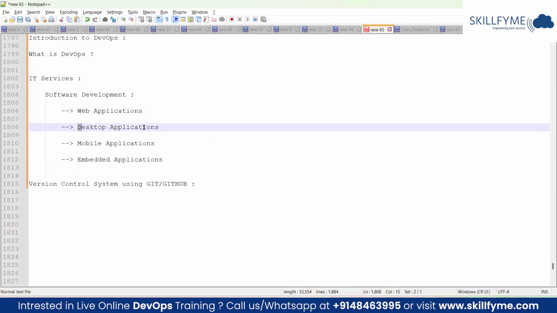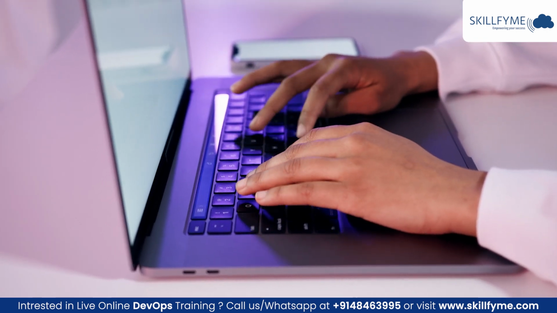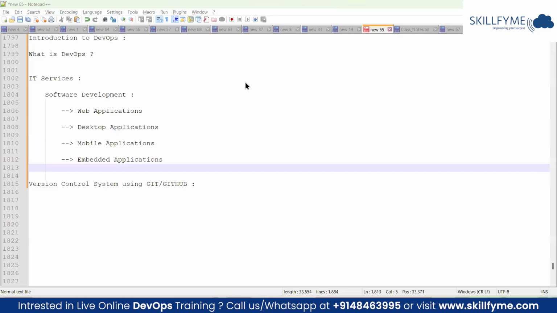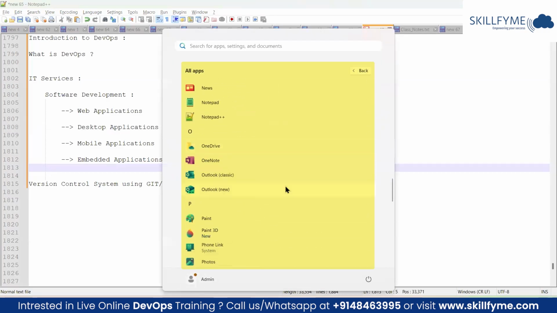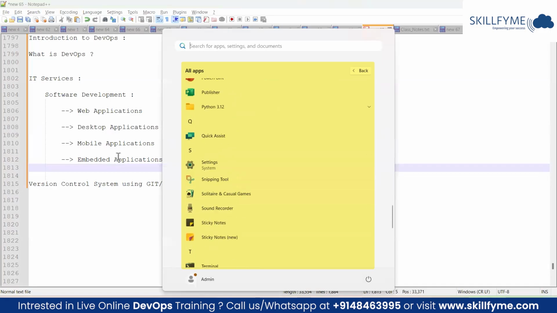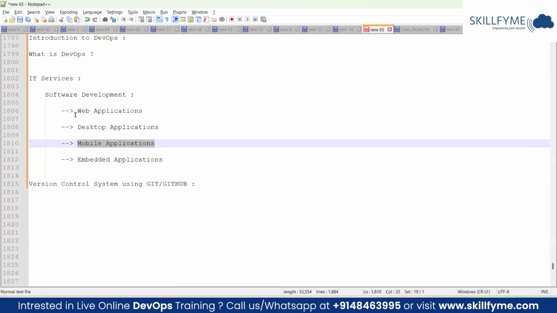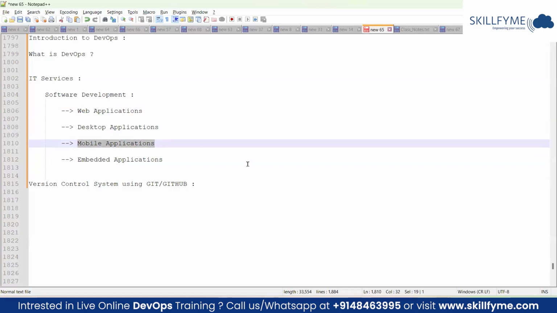And apart from that, we have something called desktop applications, the applications that you install in one particular machine, in the desktop machine, and handle it. Let's say in my machine, I have installed these many tools, right? So all these applications are considered as the desktop application which I have installed in my machine. Ultimately, it is also software. Apart from that, in today's generation, whatever things you are doing through web or desktop, you are able to handle it through mobile itself. That much we are equipped.